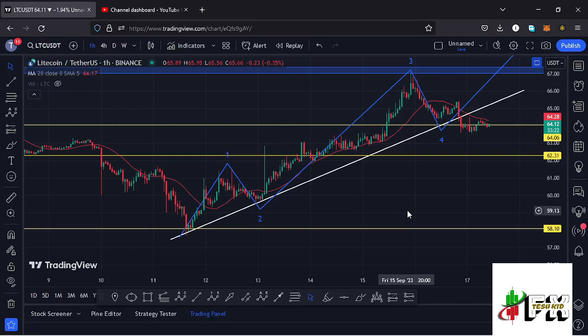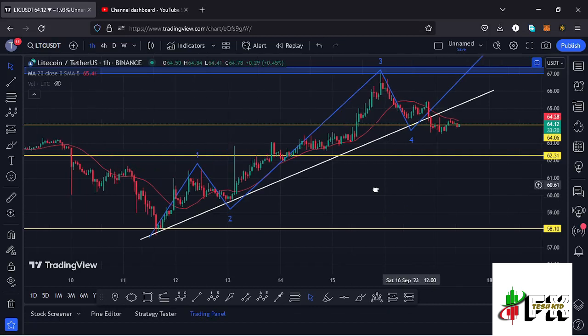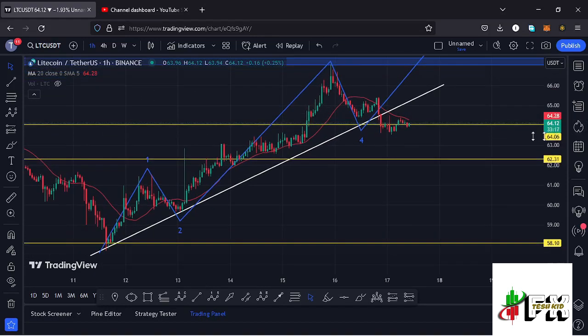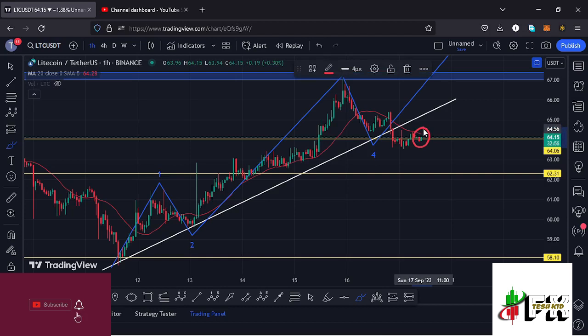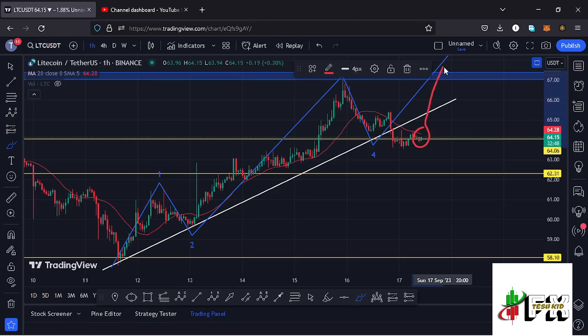Welcome back for another Litecoin price prediction analysis. At the time of this recording, Litecoin continues to hold below the 20-day MA here on the 1-hour chart, which is now acting as resistance for us to continue gearing up. We are also holding above a key area of support at around the $64.06 mark, and as long as we continue holding above that key area of support, there are chances that we can see an uptick here on the Litecoin chart,